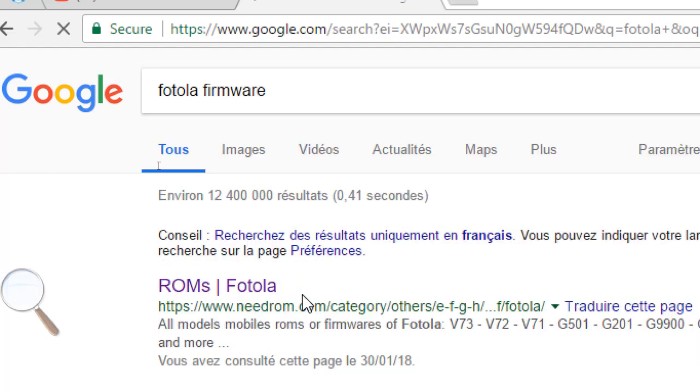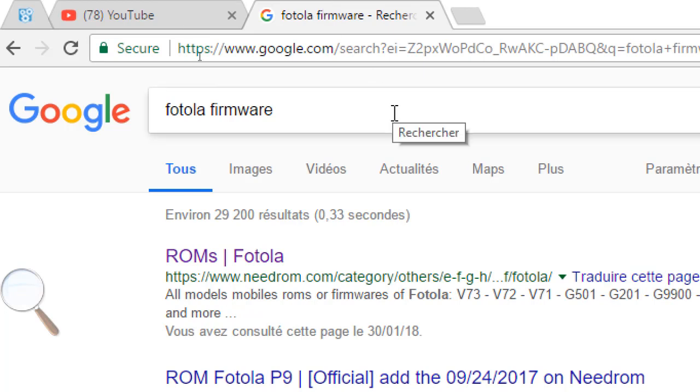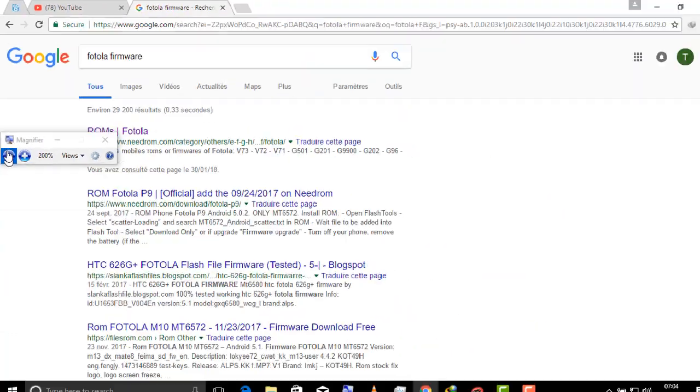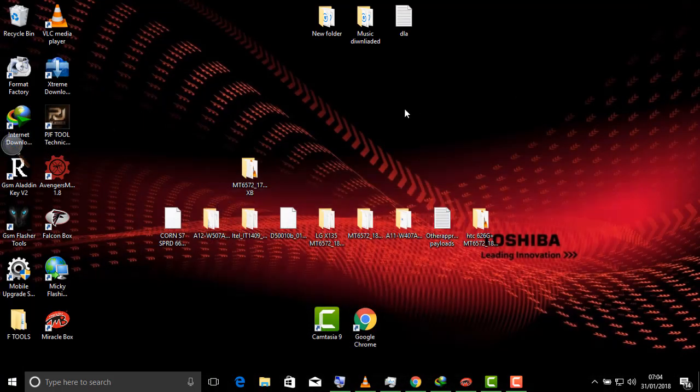Yeah, firmware. They'll bring a page on which you can find Fotola ROMs. ROMs of Fotola can be found on needrom.com, the best website for Chinese ROMs. So actually, you can find Fotola ROMs there, but that is the name of the device. Now let's find the exact model of the device so that you can have the 100% compatible